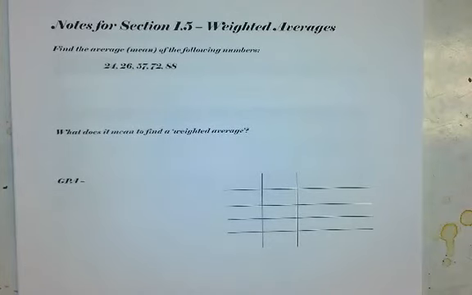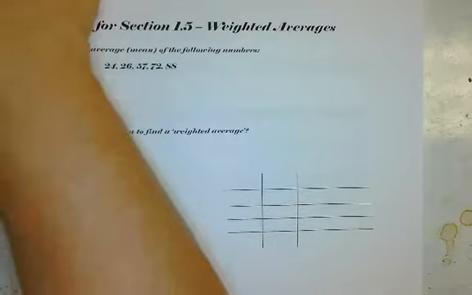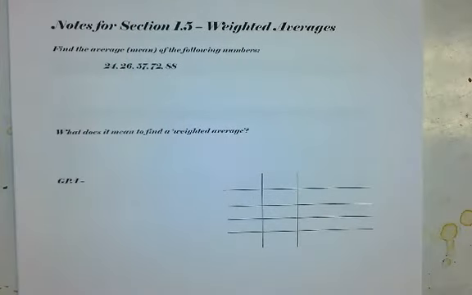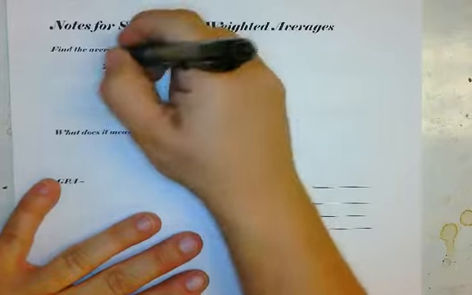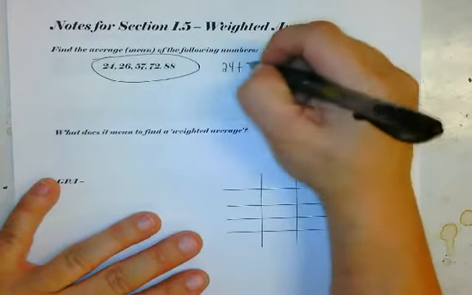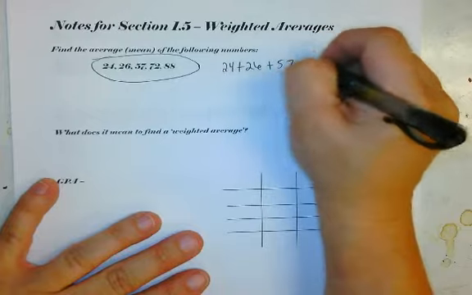Okay, we're in section 1.5 that is looking at weighted averages. We're just going to start off by talking about something you probably have experience with, which is just a straight average, or it's also called the mean, where you have a certain amount of numbers and you try to find the average, so you add them up and divide by the number of numbers you added up. For instance, if I was going to try to find the straight average of these 5 numbers, I would add them up and divide them by the number 5,